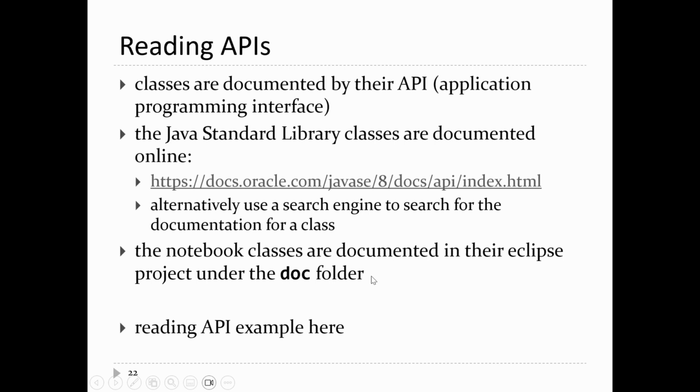All right, so we're going to skip over this lecture slide for now. This lecture slide basically is meant to prompt me to show you how to read the documentation for a class. It's not very hard to do. So the problem with this slide is that when you